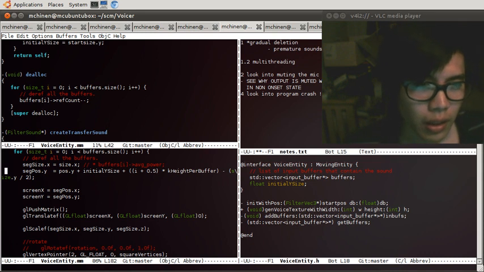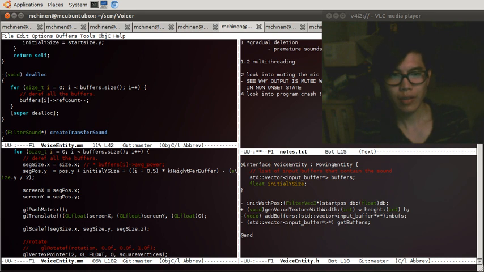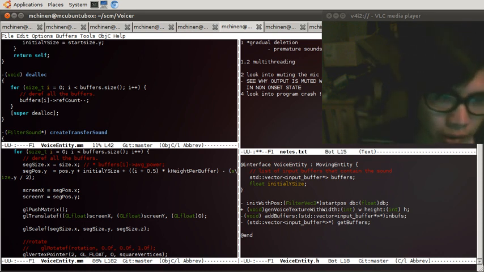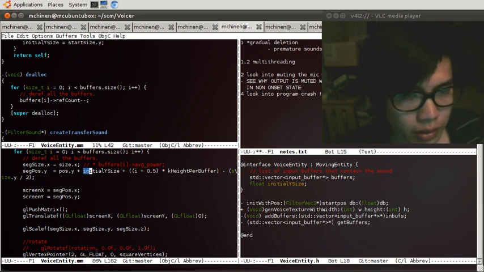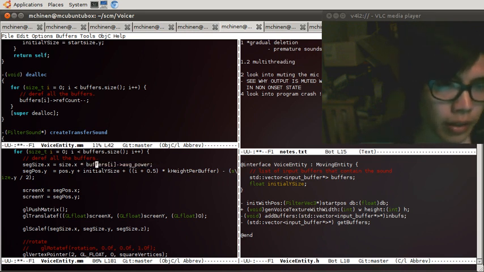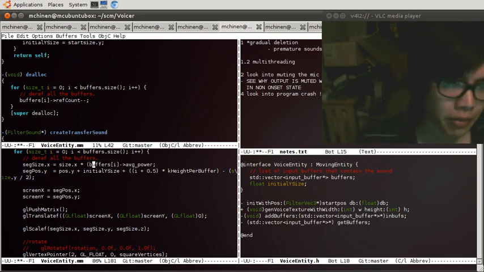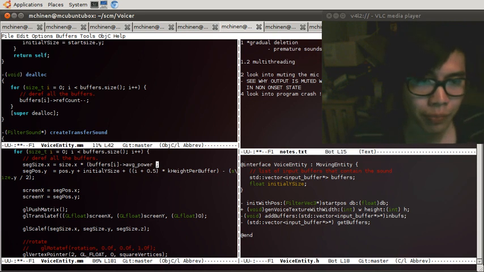I am having a hard time seeing what the issue is. Well, this time when I spoke into the thing, it would grow at a decent rate. The issue, yeah, what seems like an issue to me is that the amount they seem to be offset is a lot more than this initial Y size. At least I think it is.